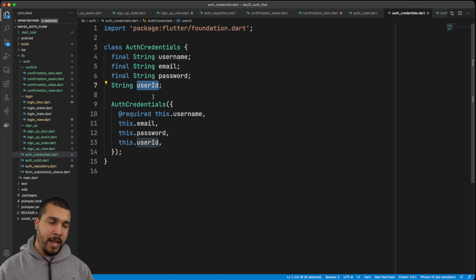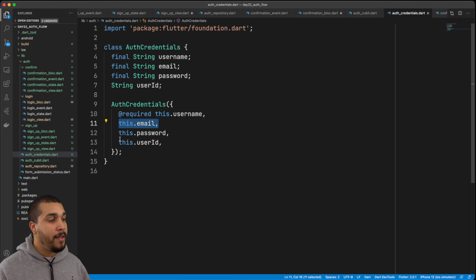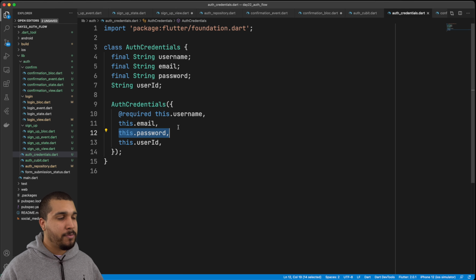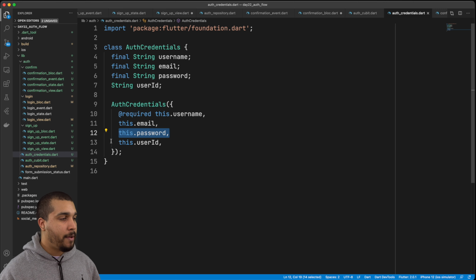Now the username is absolutely necessary because that's what they're going to be using in order to sign in, like log in or sign up. So that's something that we're always guaranteed to have, and that's why I'm marking this with required. Now, depending on whether they're logging in or signing up will determine whether we have their email or not. Password could be mandatory, but mostly the only time that we actually need the password is if we're signing up,